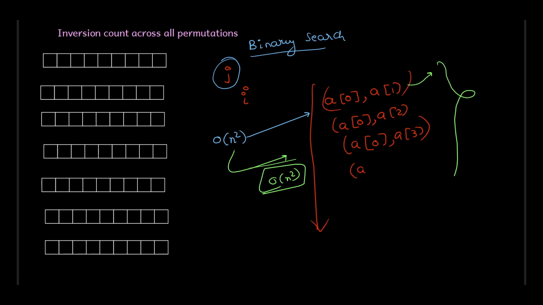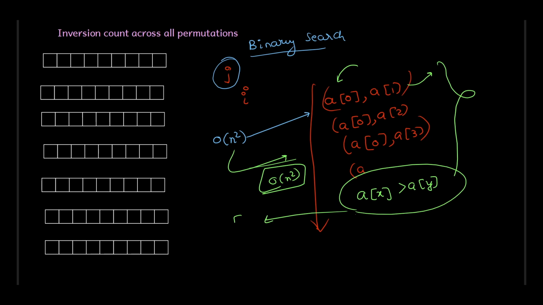one of the element of the pair, basically the first element, every time you saw this scenario, ax is greater than ay, you keep track of how many times you have seen such a scenario. So suppose you have created all the n into n minus 1 by 2 pairings, and 50 times you saw that the first element of the pair is strictly greater than the second element of